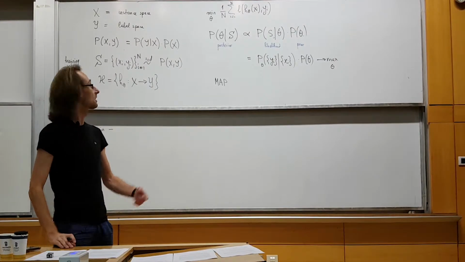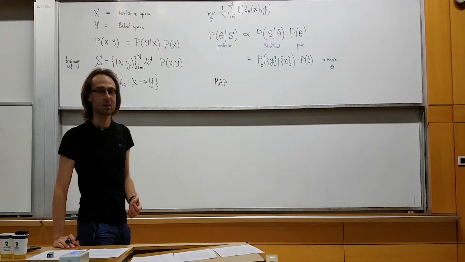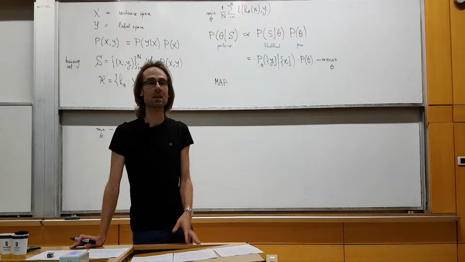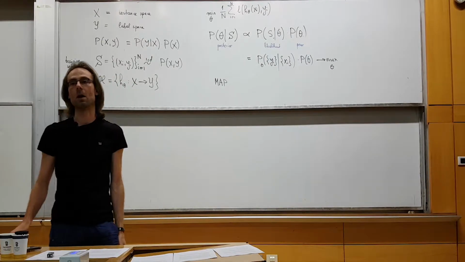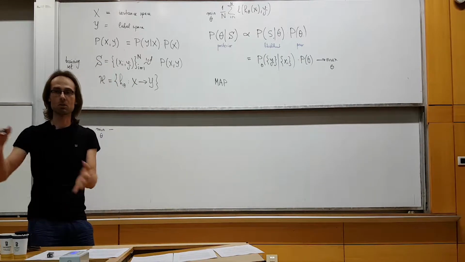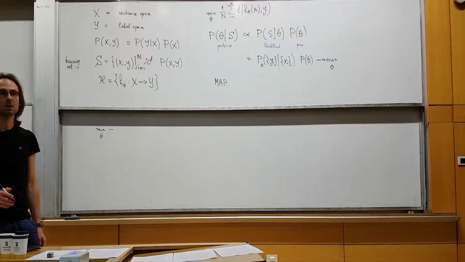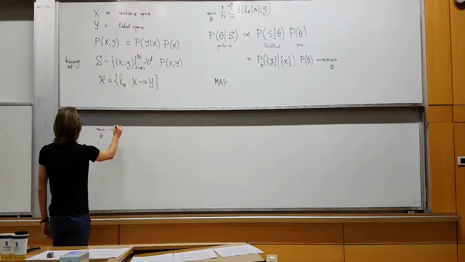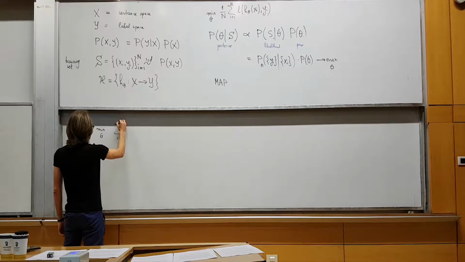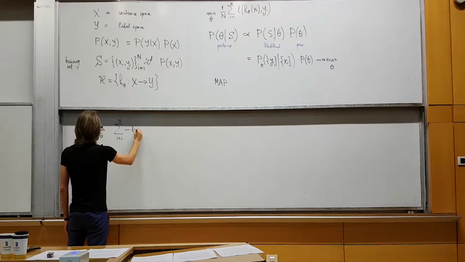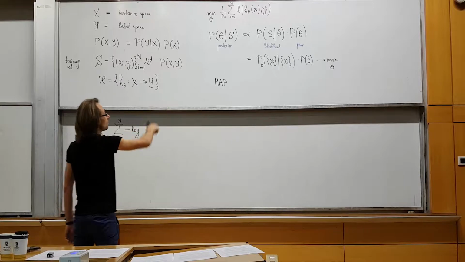I will also use the assumption that I sampled my training set IID. So basically this joint conditional probability will split into pointwise products. Of course, in the log domain it will become a sum, right? So it will be the sum from 1 to n of minus log what is written here,